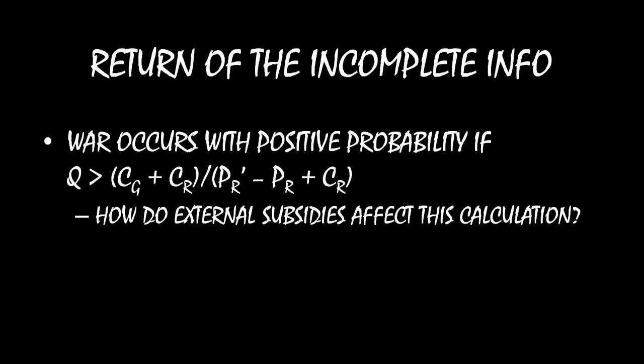That's because you're taking the costs of conflict in the numerator and making it arbitrarily large. And if you're making it arbitrarily large like that, then it's impossible for a value q, which is a probability between 0 and 1, to be greater than a number that's close to infinity. It's going to be assuredly true that q is not greater than that, and when that's true, you're not going to have war. So external subsidies are effective in terms of raising costs of conflict and lowering your desire to go to war.